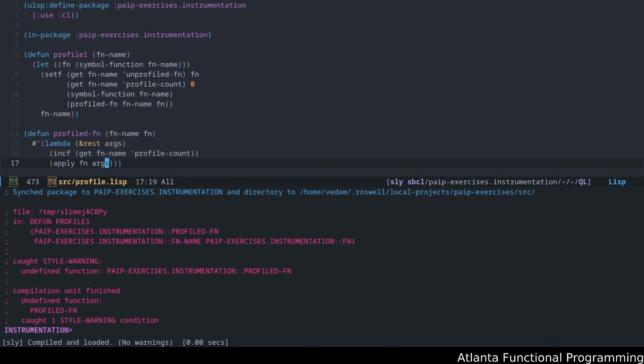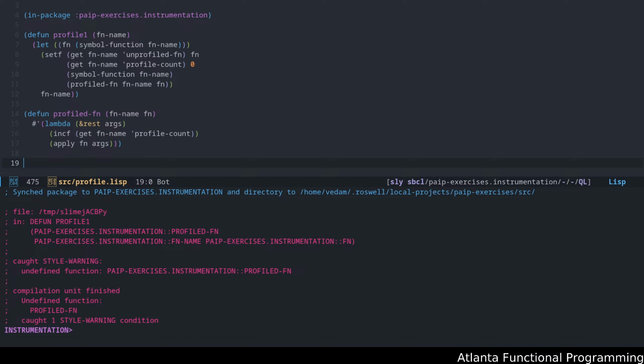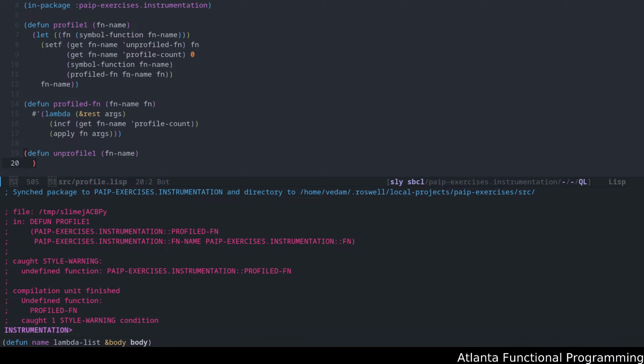Okay, so now we have our profile function. Before we actually test this out, the other one that you want to have is naturally unprofile. What unprofile does, as the name indicates, once you have the function name, is the opposite of what we had before.